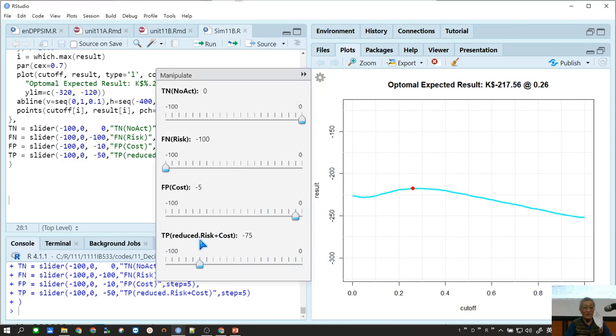But do you ever reduce the FN? No. Don't do that. The FN is the risk that you do nothing, right? Yeah. So it would not be affected by the treatment at all, right? Because